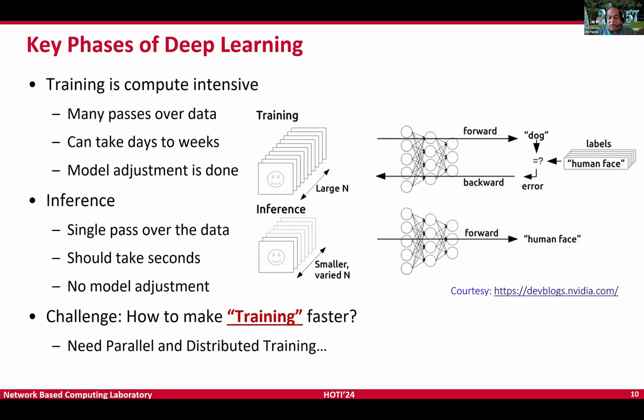Now, the same thing is gradually happening to inference. Inference individually may not take a lot of time. You can do it on a CPU or a GPU. But think of servers, say ChatGPT, where at any time millions of queries are coming to the OpenAI servers or wherever the servers are hosted. So that is also becoming very important. How do we give lower latency to each one of these inferences? That is where parallel distributed training is also being used.